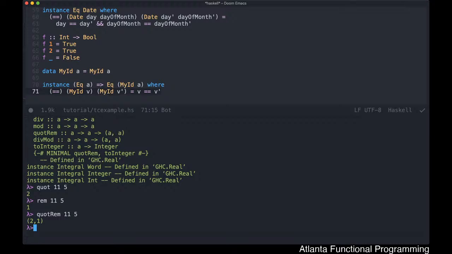Then we have an operation called toInteger, which allows you to take in, and I was going to show this to you, but I don't know if I can actually use it. If there is a method that you want more information on, let's say we wanted to get it for toInteger, we could simply